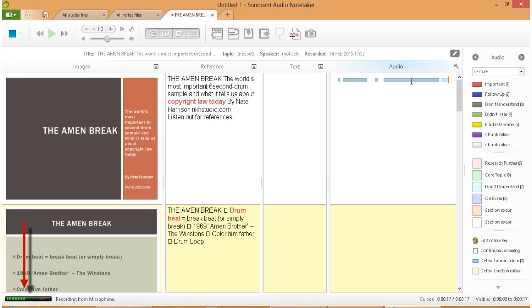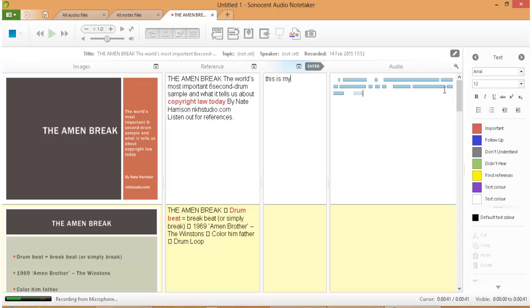Now you can do your notes as you're going along if you require, but it's probably better to do your notes when you get back, because you can listen to each section and then add your notes, play back more, add your notes. But let's just imagine that you want to add your notes as you actually listen to it now. So as you see the cursor's in the audio section, it's recording my voice, and it's also highlighted blue. Now if I start typing, I don't have to click any buttons,